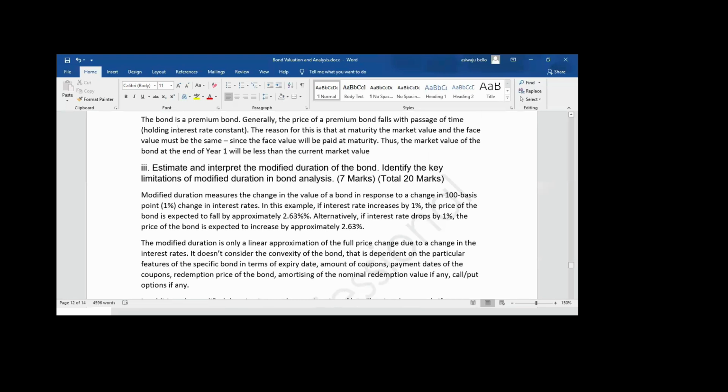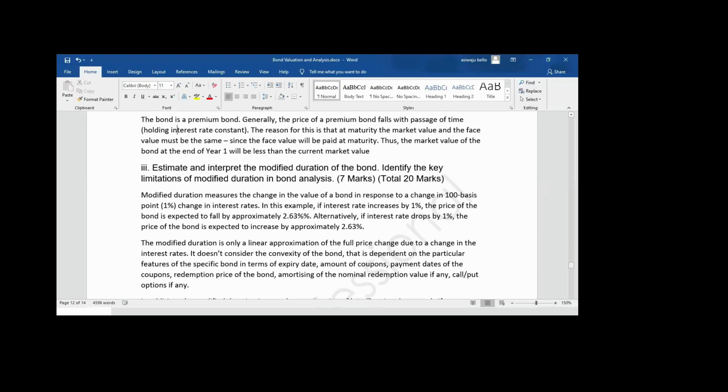Because if I say 100 basis points, to convert basis points to percentage, 100 divided by 100 gives me 1%. So you can ignore that 100 basis points. Now, the explanation says that modified duration measures the change in the value of a bond in response to a 1% change in